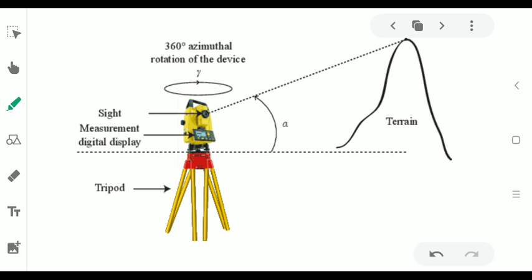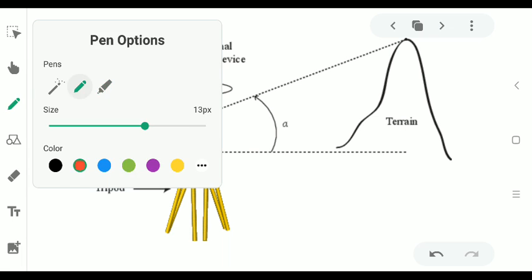The next option given is theodolite. In theodolite surveying, we measure the horizontal and vertical angles, और उनकी हेल्प से हम सभी distances, whether it is horizontal or vertical, हम उन सभी distances को measure करते हैं।